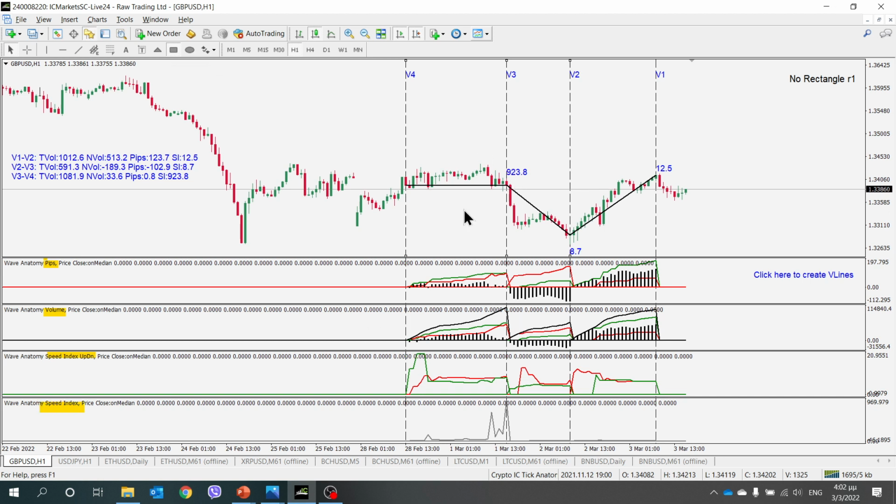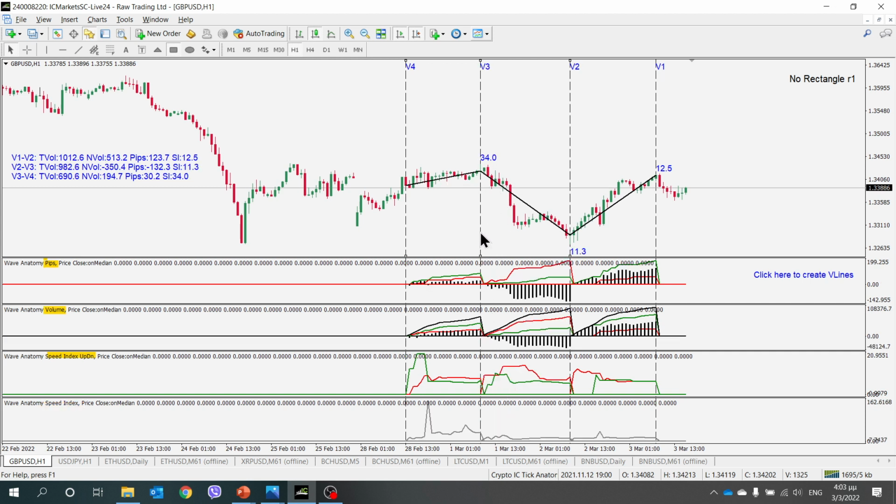Since MetaTrader 4 is scaling the axis, the reason that you don't see the speed index on the 2nd and 3rd wave is because the speed index on this wave is huge. So if we adjust, you will start seeing it.